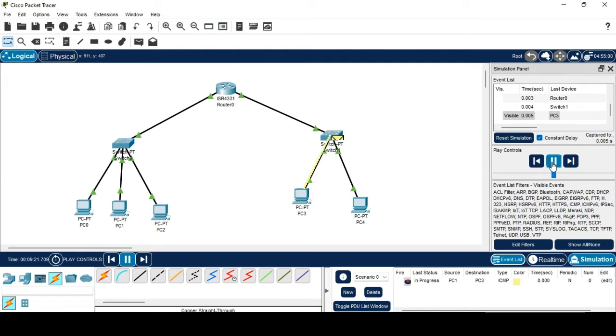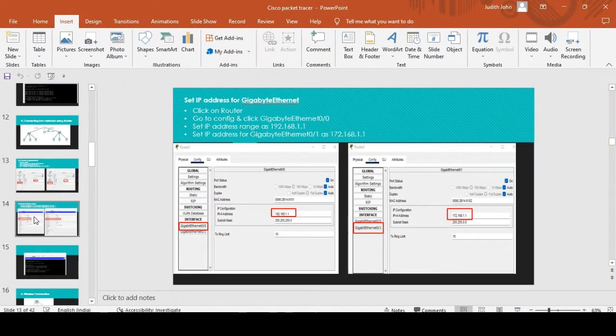After accepting the message, it sends an acknowledgement to switch 1. Switch 1 is sending the acknowledgement to router 0, and router 0 is sending the acknowledgement to switch 0. Switch 0 is sending the acknowledgement to PC1. Successful. You can see the status at the bottom of the screen. Okay, next we will do another experiment,